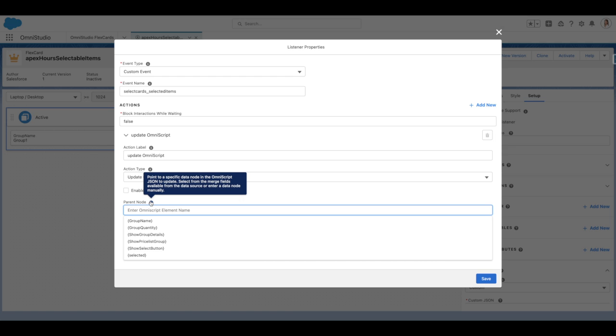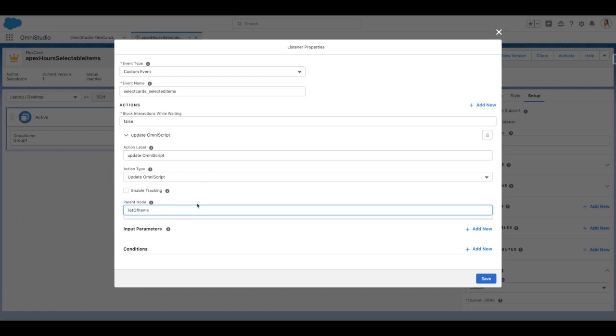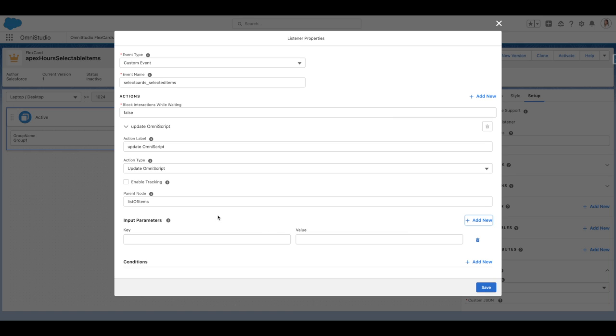So I'll just call this list of items. Okay. And the input parameters will be, again, I'll call this selected items, and the value will be bound to the list name that I have provided, which is again selected items. So that all looks good. So I will save this,